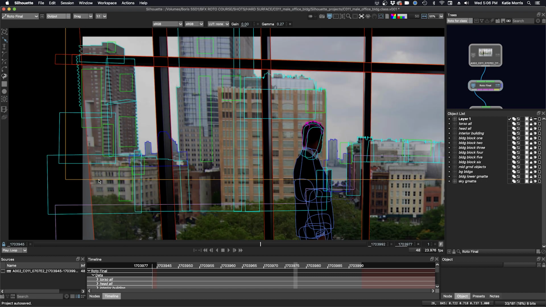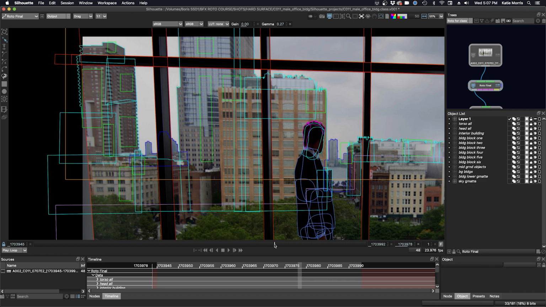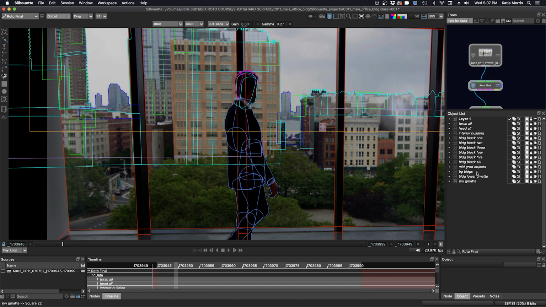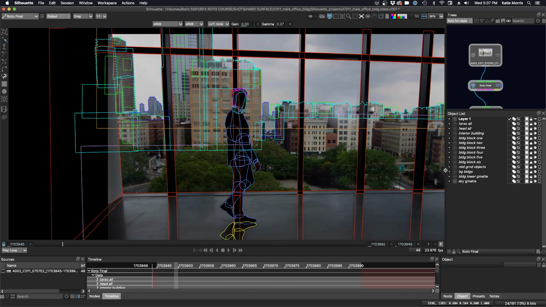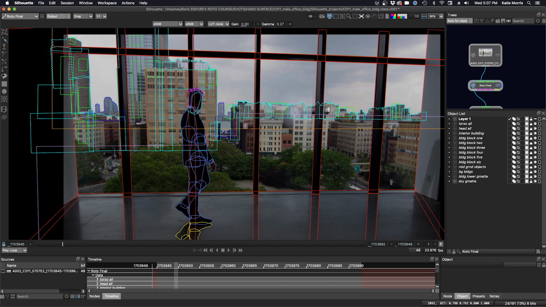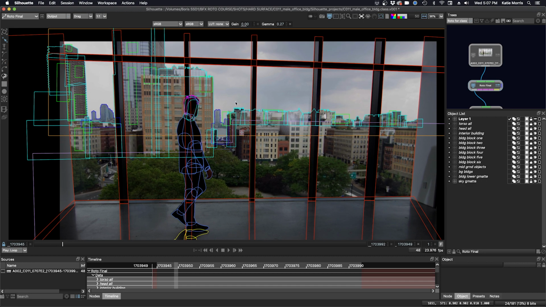Some of these areas moved a bit more independently, so I had to make more shapes. And then we have the rest of the mats. We have the midground objects, which is down here, some trees, and we have BG buildings back here. And then we have a GMAT for the lower buildings, so I didn't have to roto everything down really low. And this would be this mat here, this purple line. And we have a sky GMAT as well. So if we want to enhance the sky, we can use this as the GMAT, and then we can put our buildings and everything else back over.